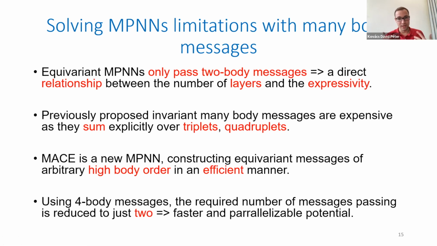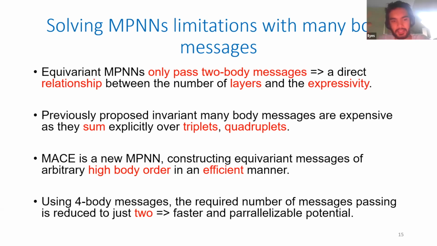Ilias, can I just reply to one comment? So just to clarify this, what does body and body order mean? So what you have to think about is when we say that we have a 3-body message, that means that the value of the message depends on the central atom and 2 of its neighbors' simultaneous positions. Okay, so in normal MPNNs, you have the edge features, and the edge feature depends on the central atom and 1 neighbor. And then you have some kind of pooling operation on that. But if you have a 3-body message, then the 3-body message depends on the central atom and the simultaneous positions of the 2 neighbors. And then if it's 4-body, then simultaneous positions of 3 neighbors. Okay, so this is how we talk about body order.